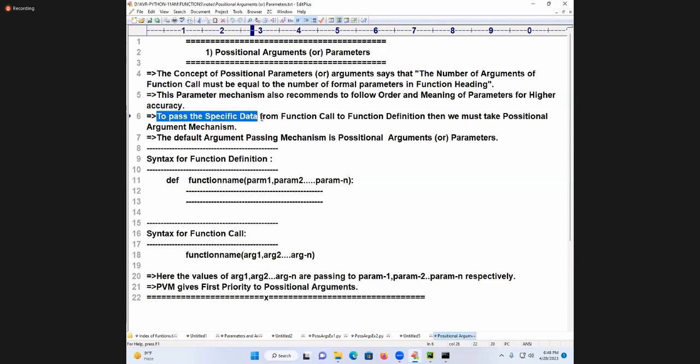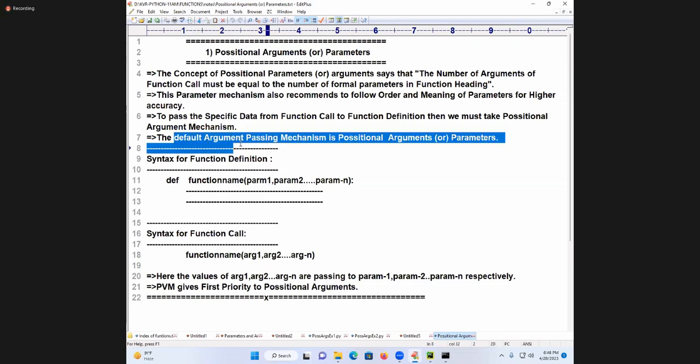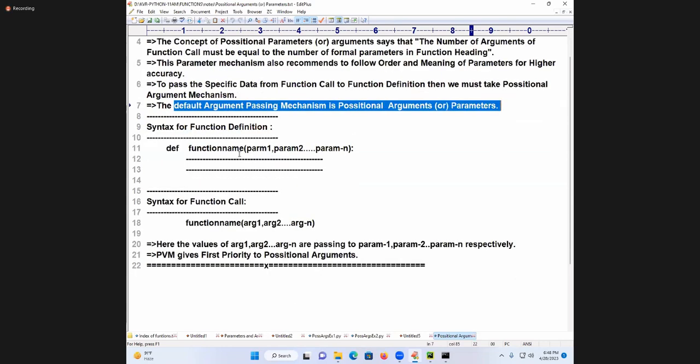To pass specific data from the function call to the function definition, we must use positional arguments. The default argument passing mechanism is the positional argument mechanism. Out of these 5, which is the default mechanism? Yes.